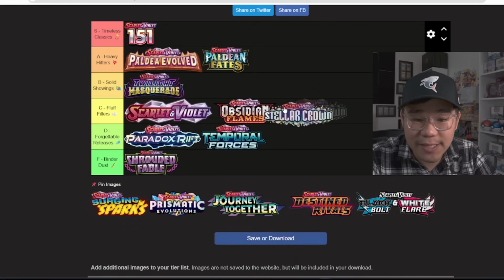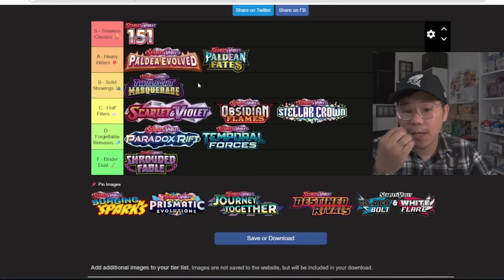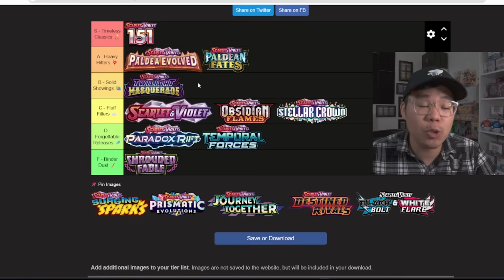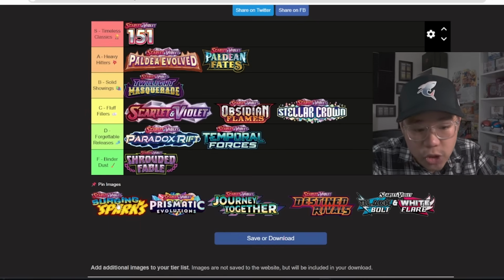I think for that reason, I'm going to put Stellar Crown as a fluff filler set. I really, really think it should be B. I like Stellar Crown quite a bit, but here's where my perspective differs from, I think, the community and the hobby. I think if the hobby were to do a tier list, they would put Stellar Crown into C tier. Surging Sparks, though, is